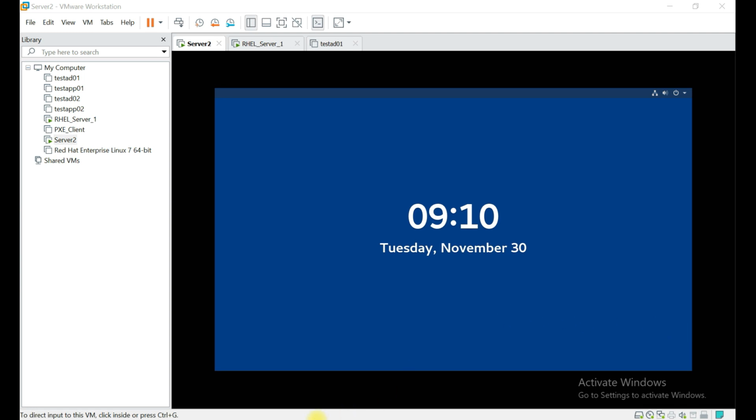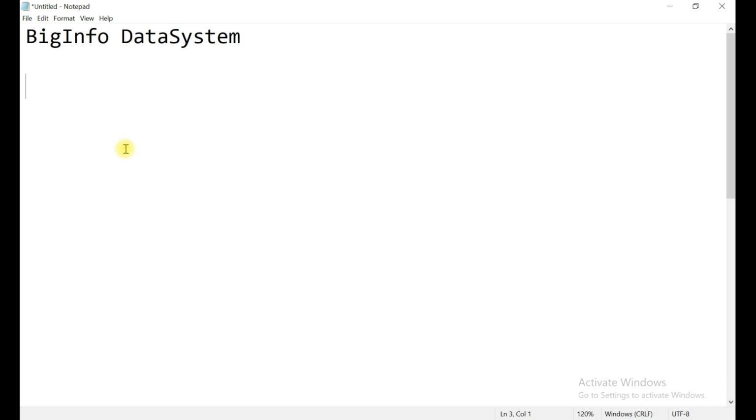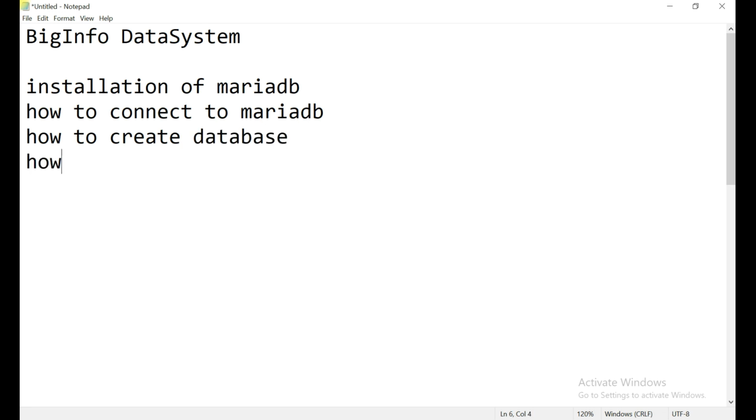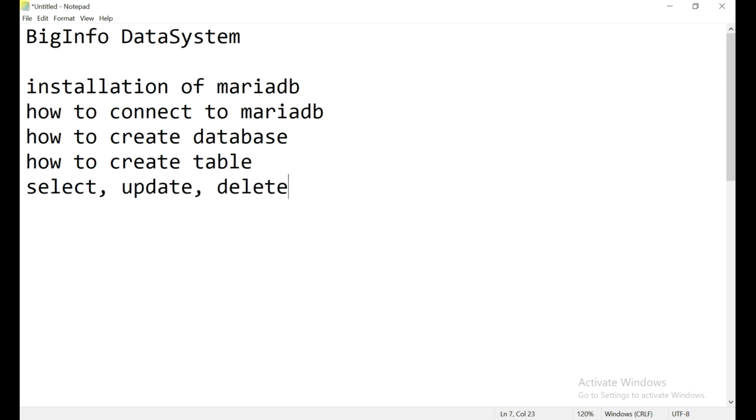Okay, let's see what topics we are going to cover in today's lab. First is installation of MariaDB. Second, how to connect to MariaDB, how to create a database, how to create a table, and different functions like select, update, delete and insert.